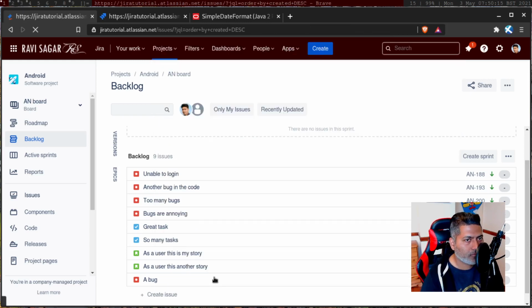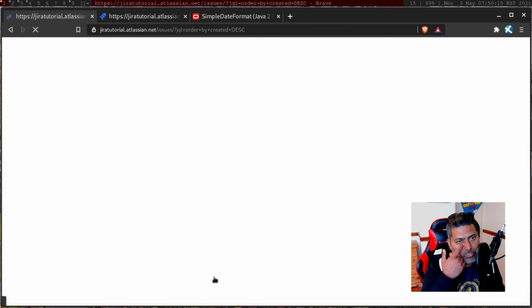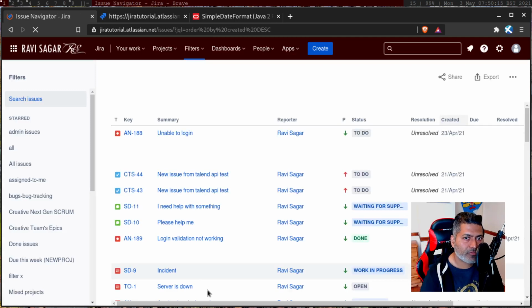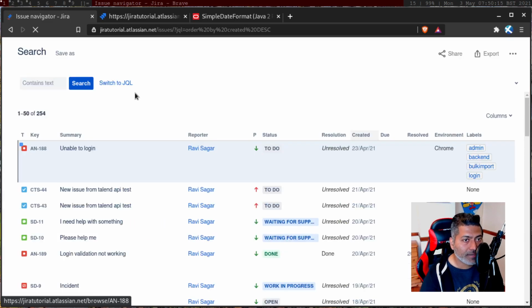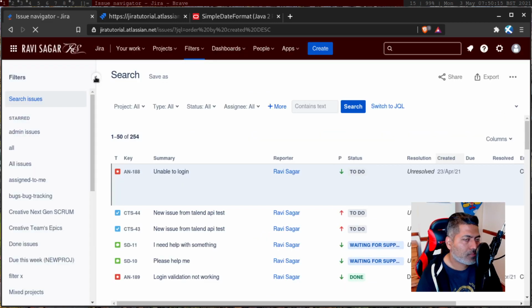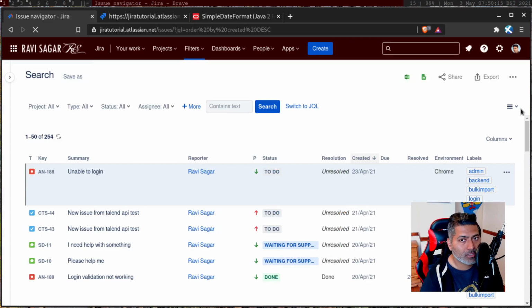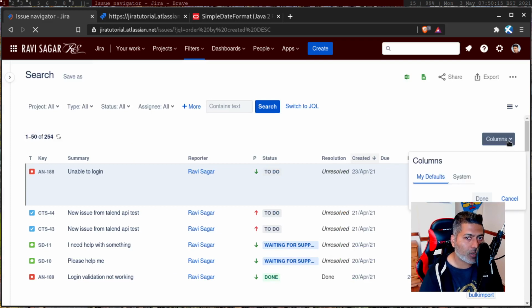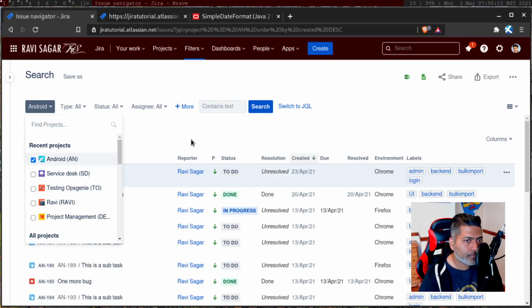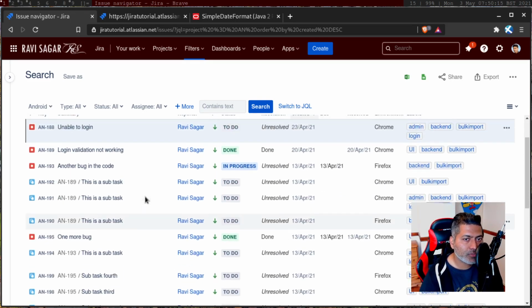When you're looking at the issue navigator, make sure the dates are correct. I prefer keeping all the dates, like created, due, and resolved dates, so I made sure that I'm using all the dates that I have to show you. This is actually a good thing about this issue navigator: you can preserve your columns. So let us take a look at the project, which is Android. And if you now look at the issues,